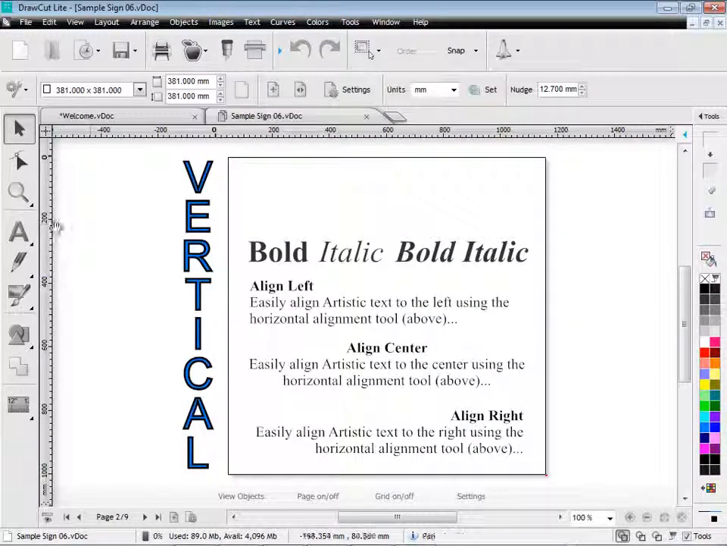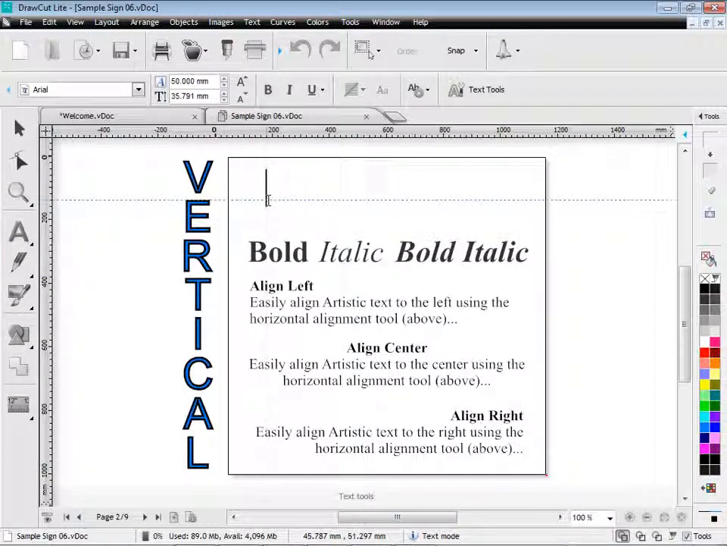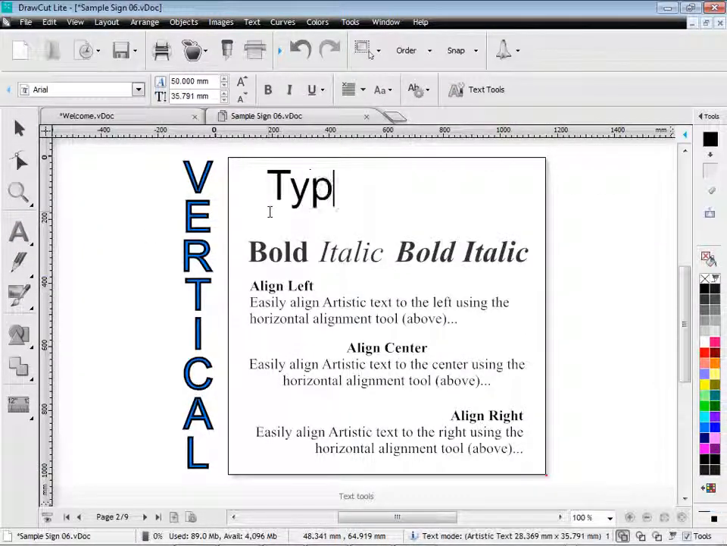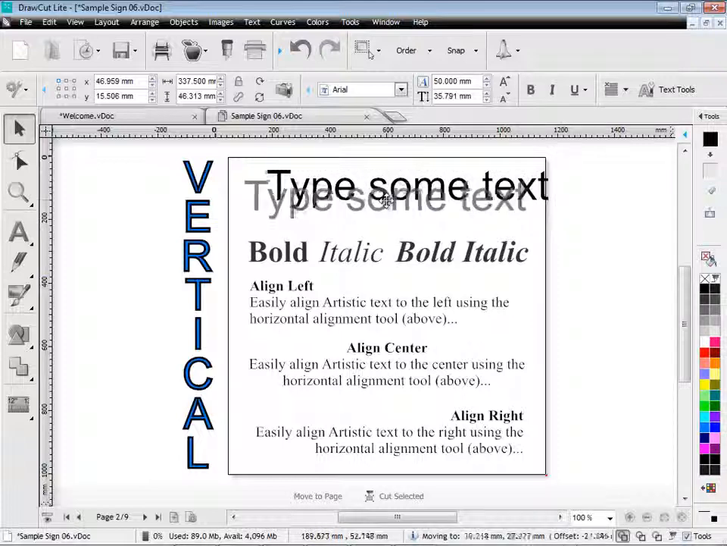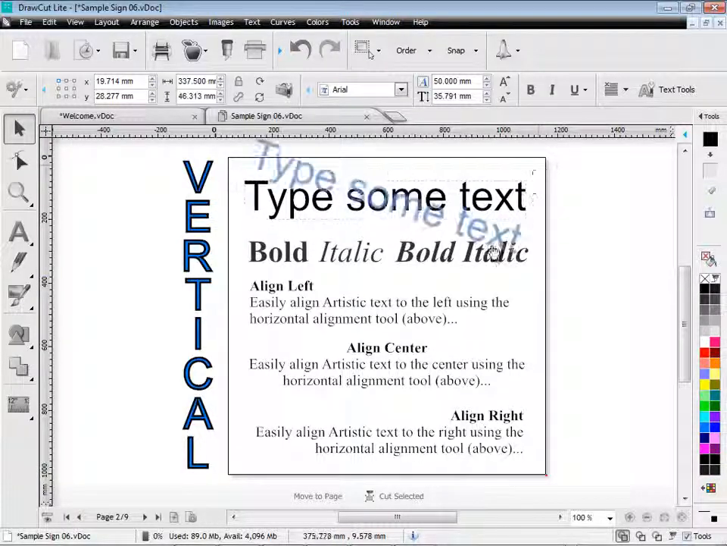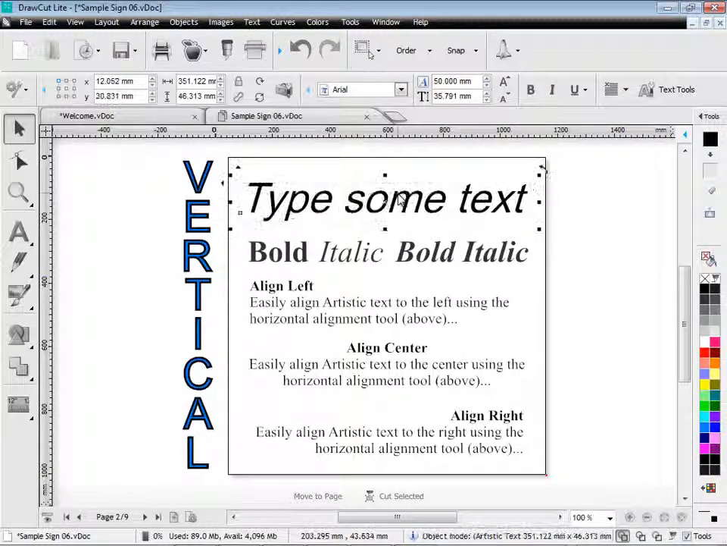Here we have some of the text tools in DrawCut Lite, which there are plenty of. You can simply type text directly onto the screen like so, and then you can go into object mode, and you can manipulate the text. You can move it around, you can rotate it, then you can skew the text, change its color for example, position it,